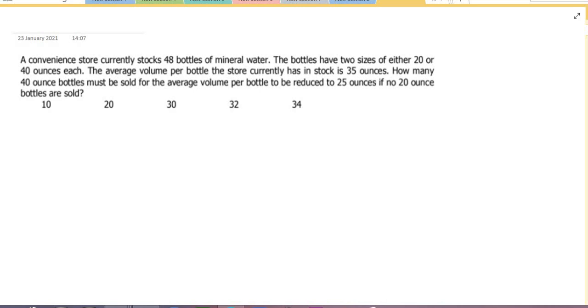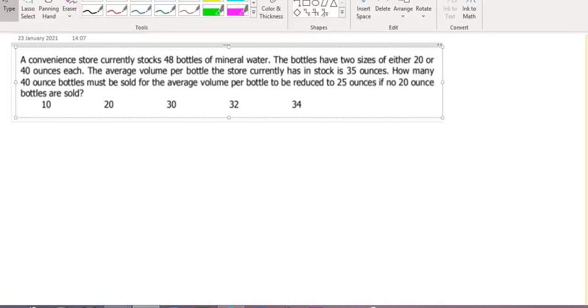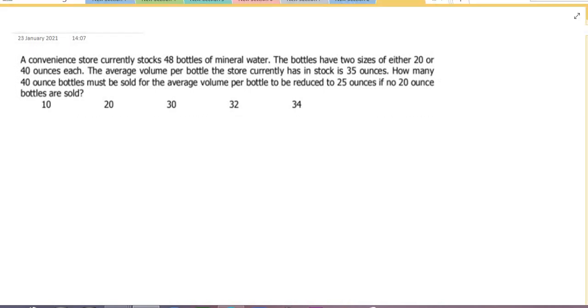Let us also try to understand the question here. So the sizes available are 20 ounces or 40 ounces. Each. Now the average volume per bottle the store currently has in stock is 35 ounces. So what is the average volume per bottle? The average volume per bottle